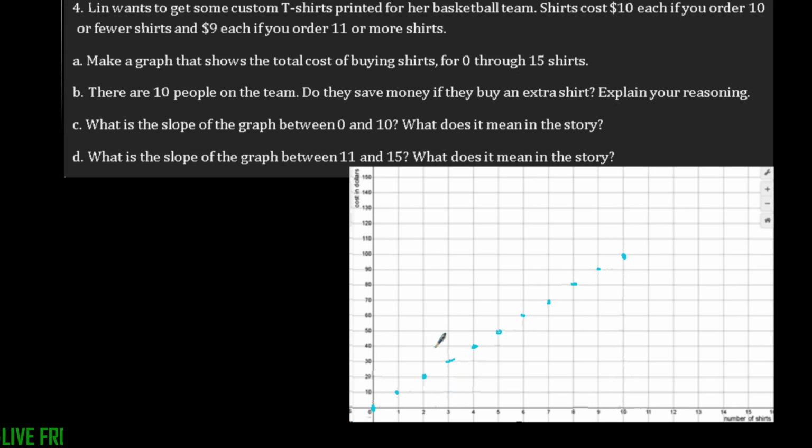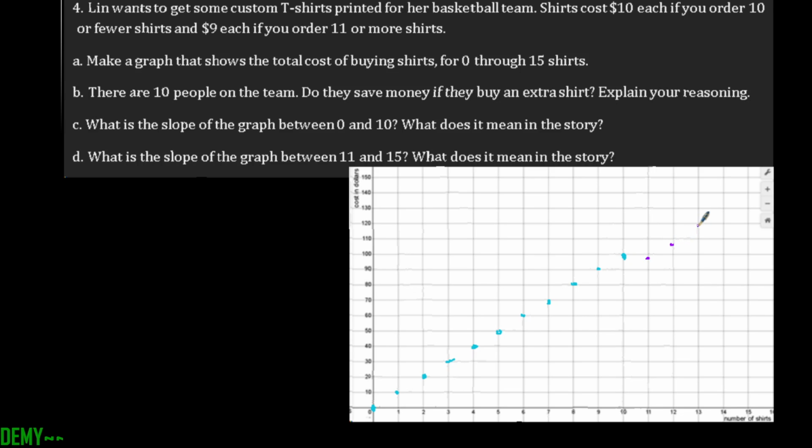And then for the next part, it says $9 each if we order 11. So what does that mean? Well, we have to change it up a little bit. If we order 11, each of those is going to be $9, so that we actually end up at 99. So we're going to start it right here, just below 100. Similar idea, we're going to be at 108,